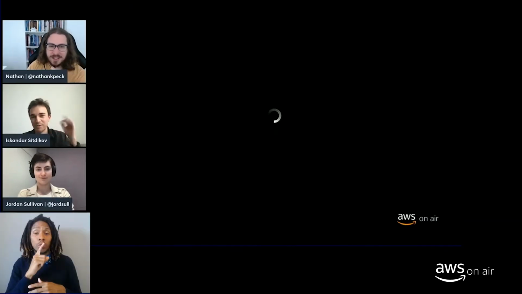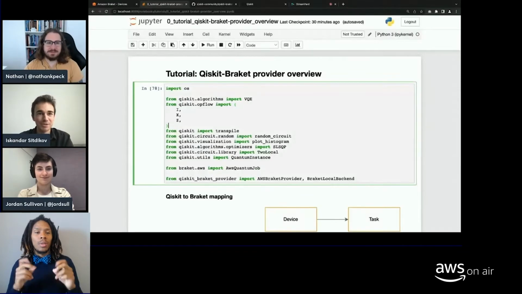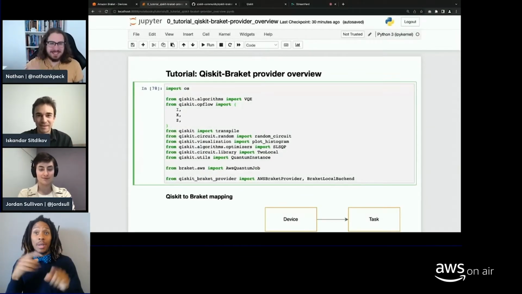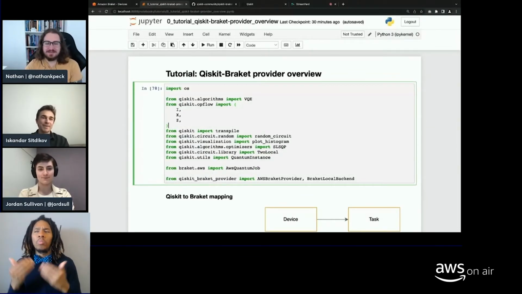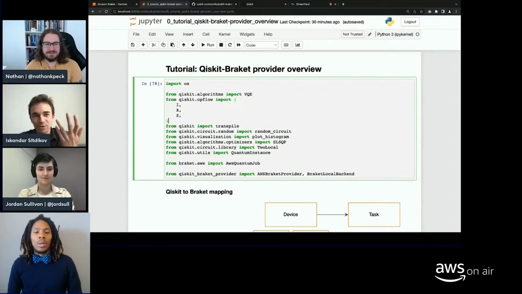Yeah. So you've introduced the idea of the provider. Can we see it in action? Sure. Can you share a little demo of how it looks? Yeah, let me. Tell me that you can see my screen and I can start. Yes, go ahead. Awesome.